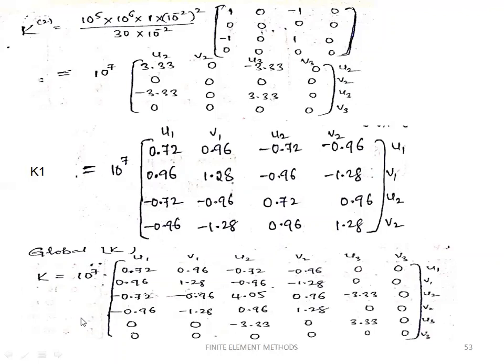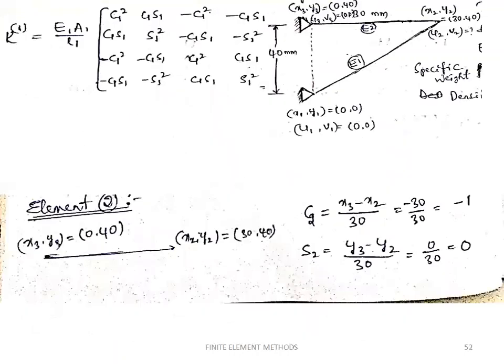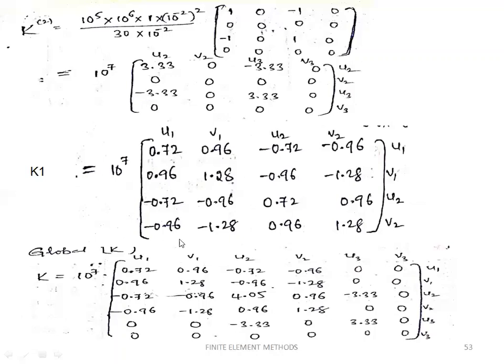So to calculate the global stiffness matrix, we need to construct the grid. To construct the grid, first you should know the size of the grid, that is the stiffness matrix size. The global stiffness matrix size always depends upon the number of nodal points into the degrees of freedom for each nodal point. Here the number of nodal points are 1, 2 as well as 3. So there are 3 nodal points, and each nodal point has 2 degrees of freedom. So therefore 3 into 2 is equal to 6. So you will get the global stiffness matrix as a 6 by 6 matrix.